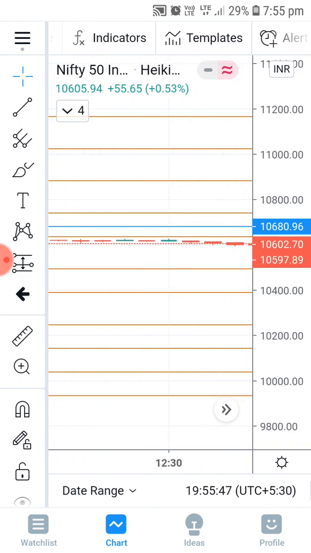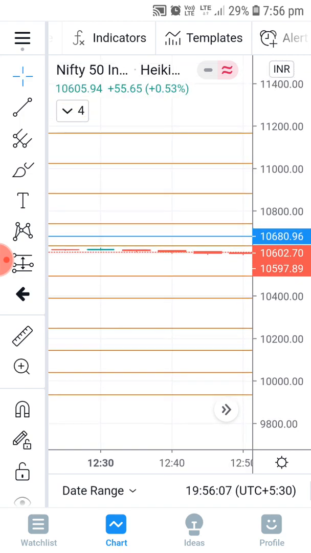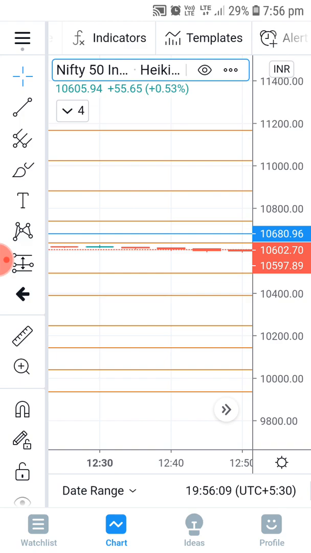Here you can see the major advantage of TradingView is that you can zoom in, unlike other applications or your trading platform, where we cannot zoom and see. Here you can zoom in and you can zoom out also. That is one of the best advantages of this application. And here you can see, like yesterday I was telling, this is the point where we are having resistance. Here you can see the resistance point.